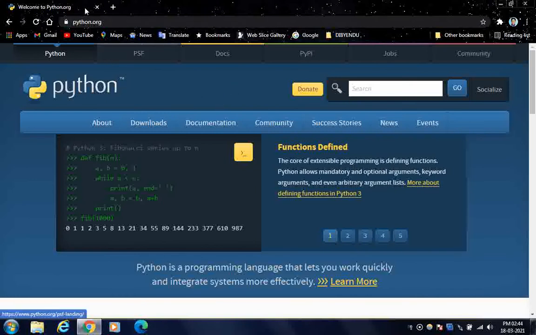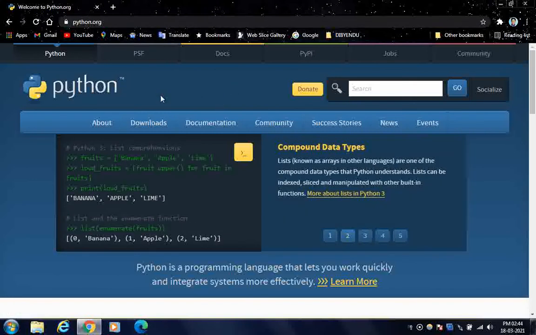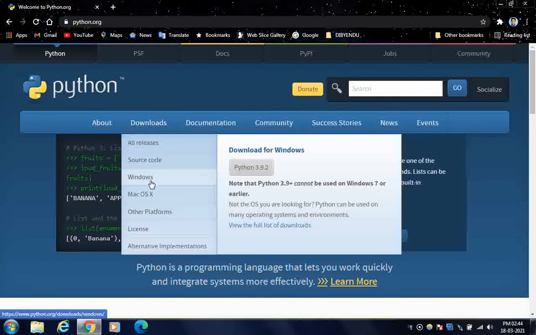So I've opened python.org, then just hover above downloads, and here you will see your operating systems. So just select your operating system. My operating system is Windows, so I'll just select that.